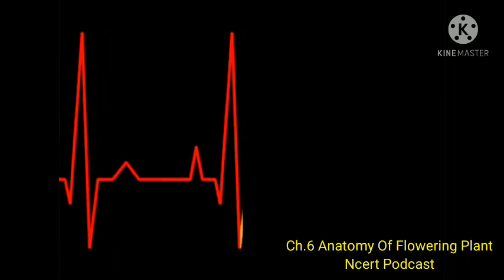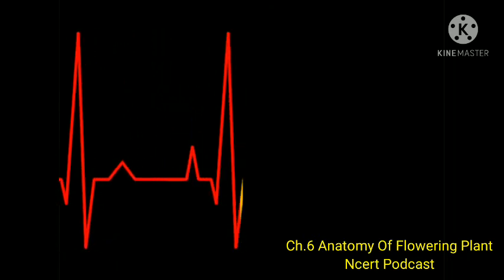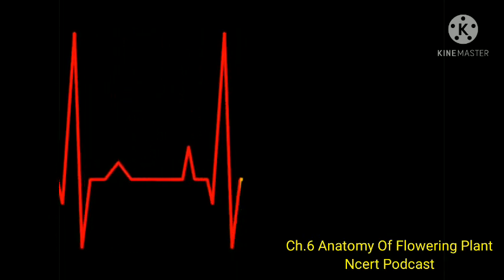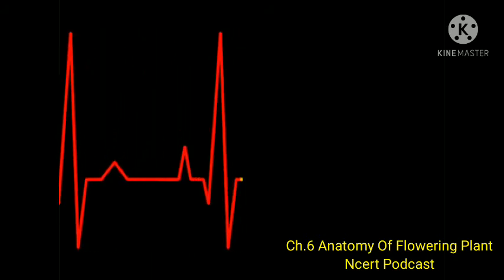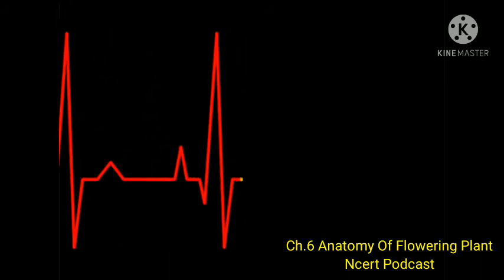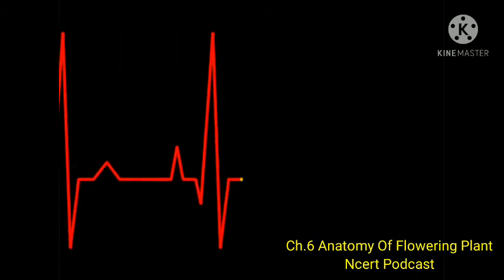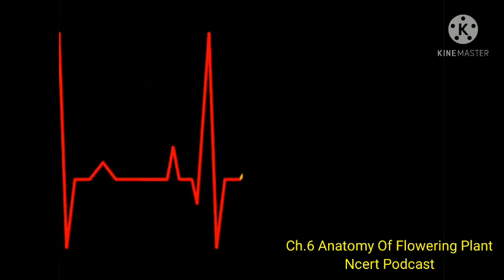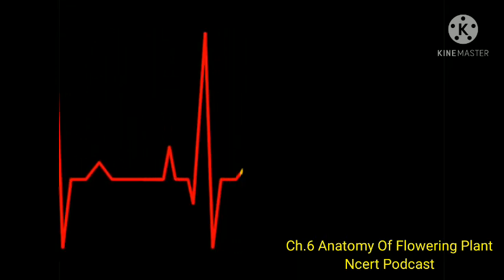6.3.5 Dorsiventral (dicotyledonous) leaf. The vertical section of a dorsiventral leaf through the lamina shows three main parts, namely epidermis, mesophyll and vascular system. The epidermis, which covers both the upper surface and lower surface of the leaf, has a conspicuous cuticle. The abaxial epidermis generally bears more stomata than the adaxial epidermis. The latter may even lack stomata.